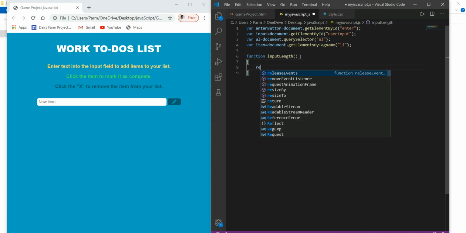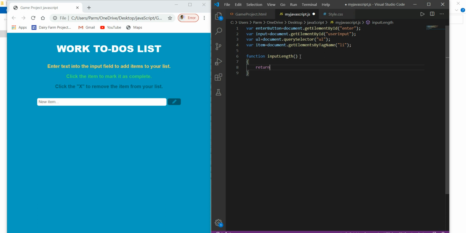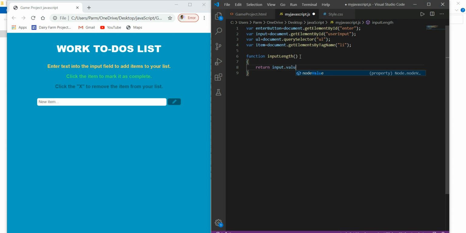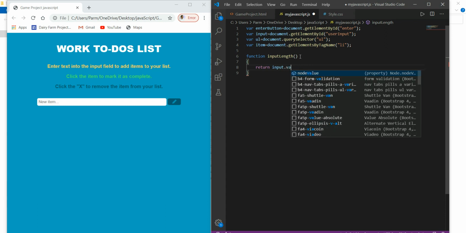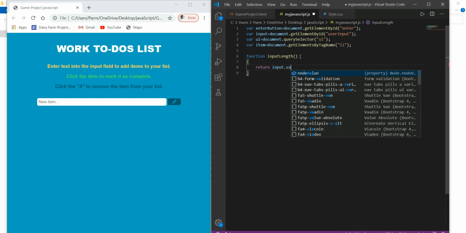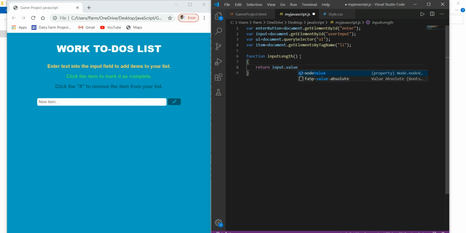This function will return a value, that is input dot value dot length.